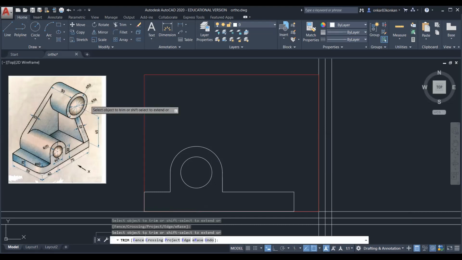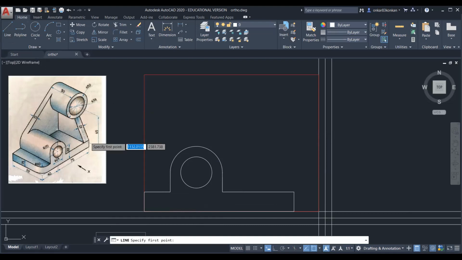Okay. After this, we will draw these 2 circles. So again, select line. Now this center line, which is passing through this center point, its distance is 75 minus 6, that is 69 mm from this point. So select line from this point, just take distance 69 mm.